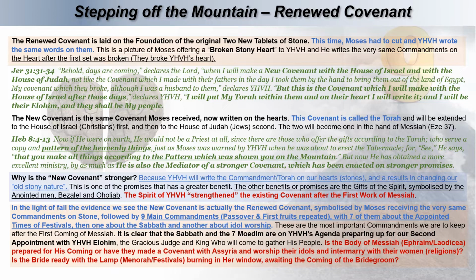Now, reading this verse, just something to note here, is that it is making this new covenant or renewed covenant with the house of Israel and with the house of Judah. So we need to know what Yahweh means by the house of Israel and what he means by the house of Judah. Now, if you read the rest of Jeremiah, you'll see it interchanges the house of Israel with the house of Ephraim. And the reason is because Ephraim was the largest tribe at that time of the